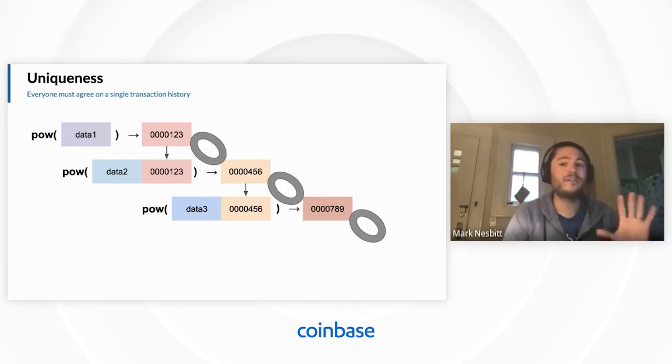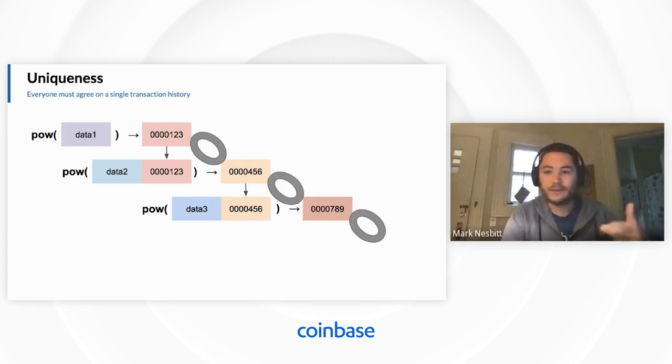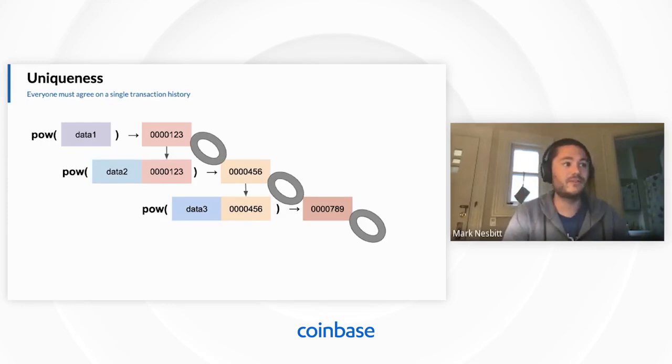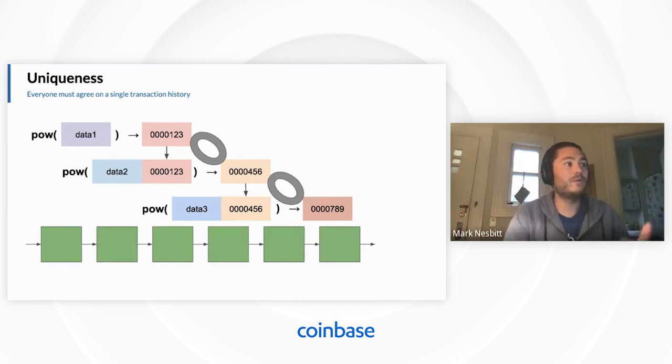Sorry, you don't have it as the wildcard on the second one. I misspoke there. You have it in with the data payload on the second one, and you have a wildcard elsewhere that you're iterating on the second time. And then you iterate many times. That's what the proof of work function, the POW function, means. And you have an output, again, with a large number of zeros. So each step, it's provable that you worked very hard to get that output of that step. But you also have the property that they're chained together. So if the data in data 1 were to change, it would break the chain.